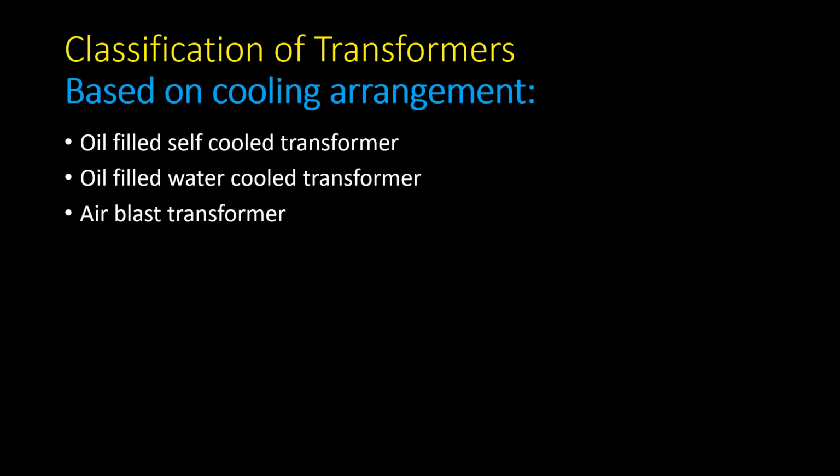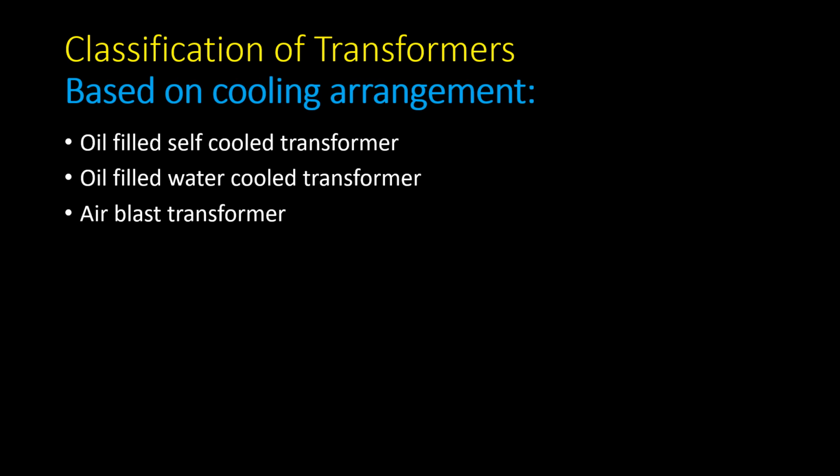In that case also you can observe the transformer, and you will notice that on its surface, in a few cases of transformer, we have a smooth surface and in some cases we have corrugated radiators. You will find radiators or tubes on its surface. It is for cooling purposes only. It provides more surface for the cooling, and that is how it is self-cooled. Oil-filled but self-cooled.